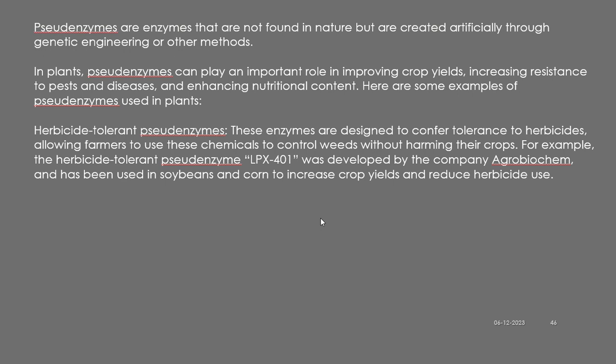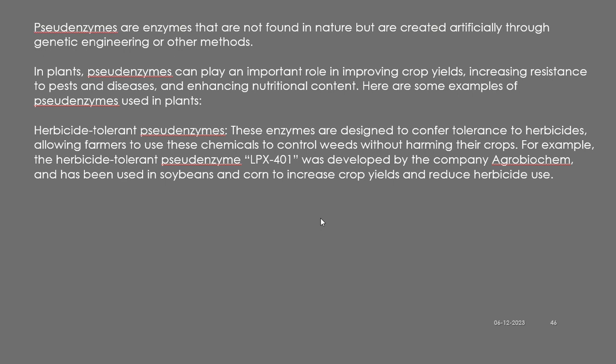Some people said that these are not found in nature, but I can prove that they are found in nature also. I will give you examples in both conditions, animal and plant. Now we will start with the plant, and how it can be utilized for mankind or in agricultural production. So pseudoenzymes are enzymes that are not found in nature but are created artificially through genetic engineering, or you can